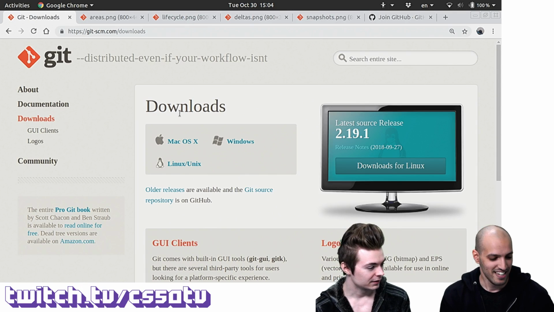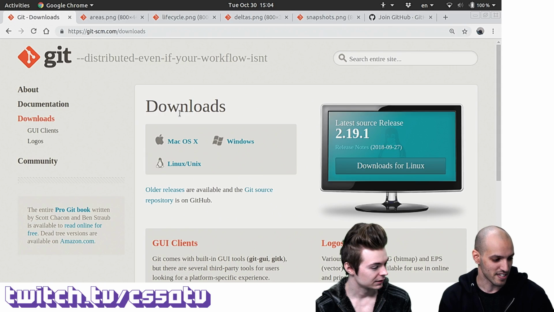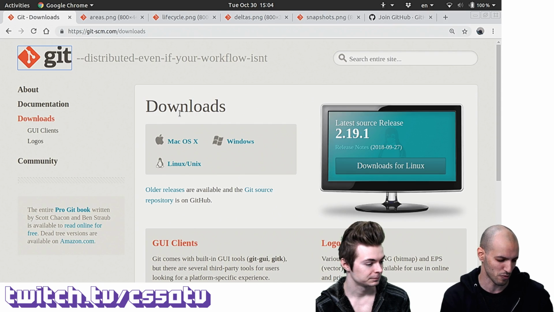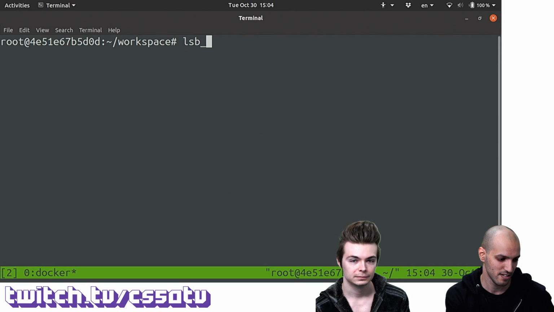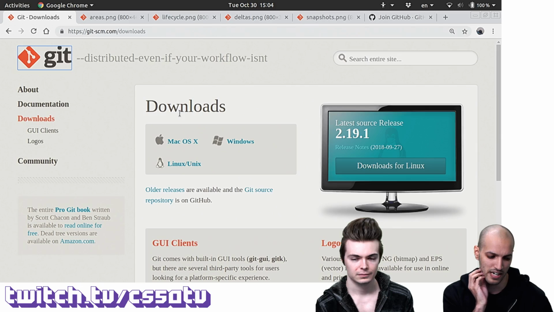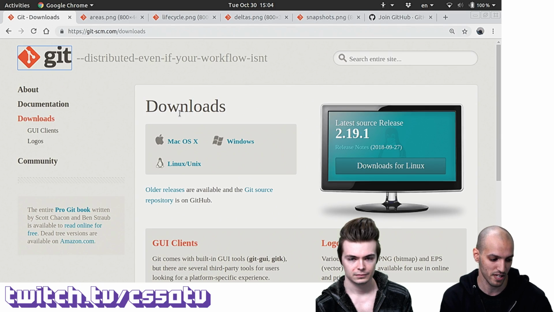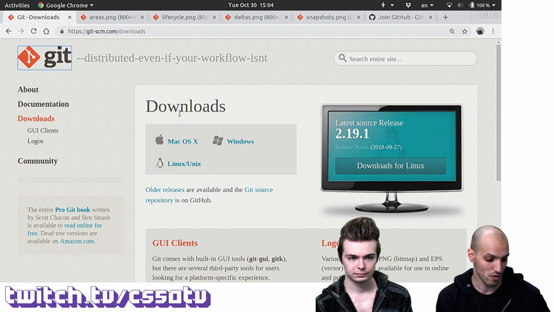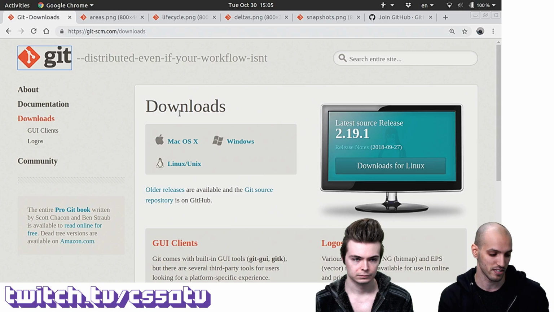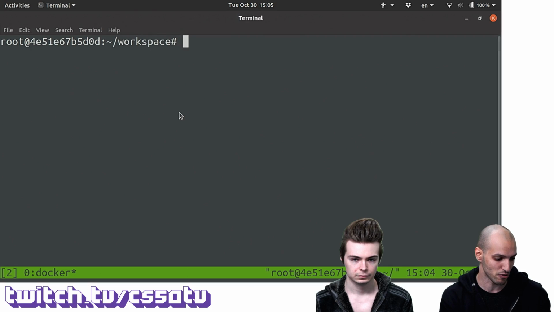All right, so the first thing that we need to do in this case is, of course, download and install Git. Git has installers for at least Mac OS, Windows, and Linux. I'm going to be using Linux, specifically Ubuntu 18.10. I don't think it should make a difference how you install Git on Ubuntu in general. So the first thing that you need to do if you haven't done this already is to download and install Git. Maybe follow the documentation here on how to do that.